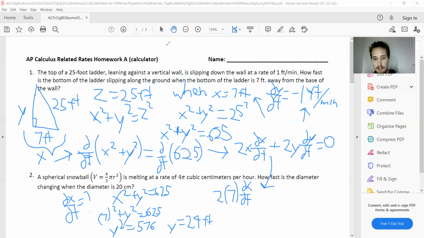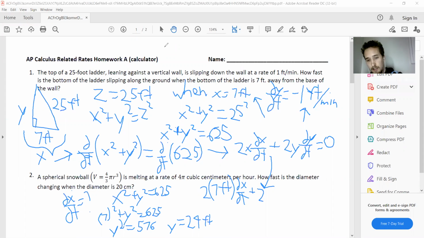We do not have that. Plus, you know what? I'm going to be the change I want to see in the world. I'm going to put the units in. 7 feet dx dt